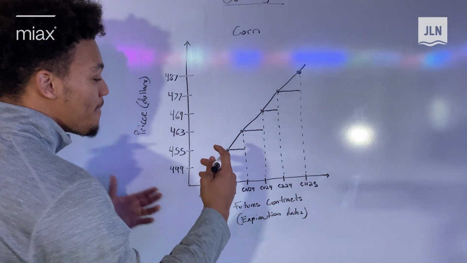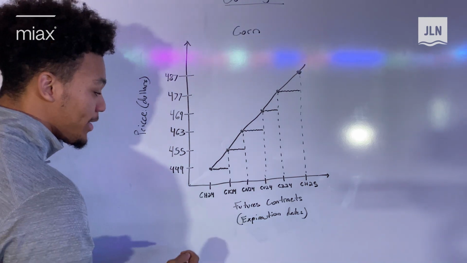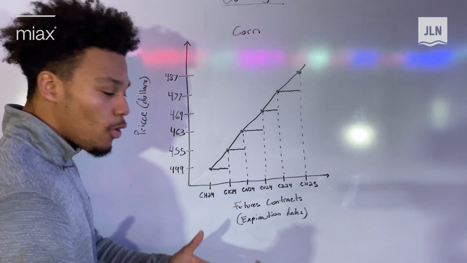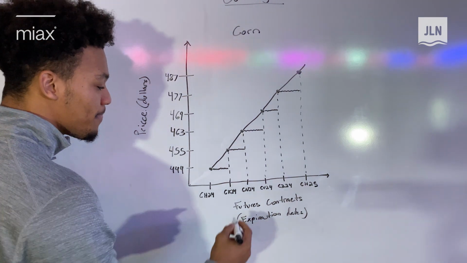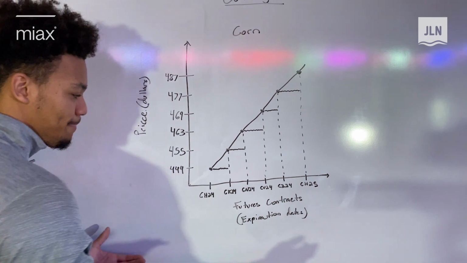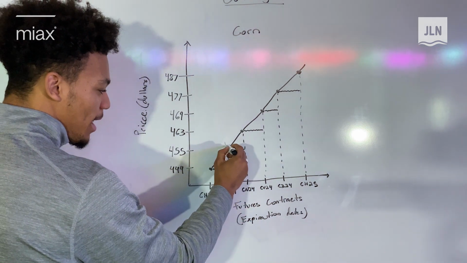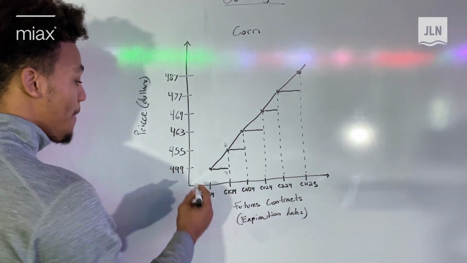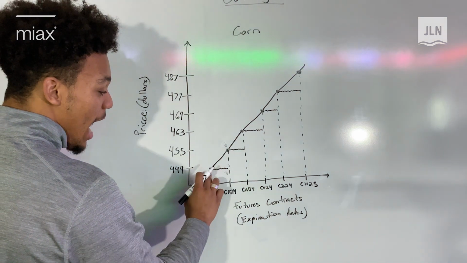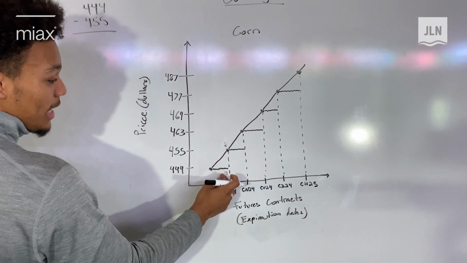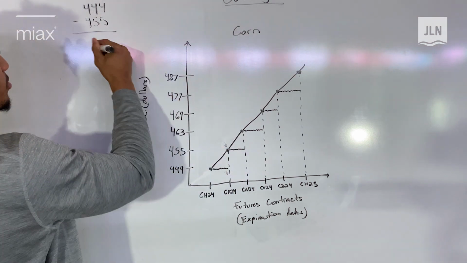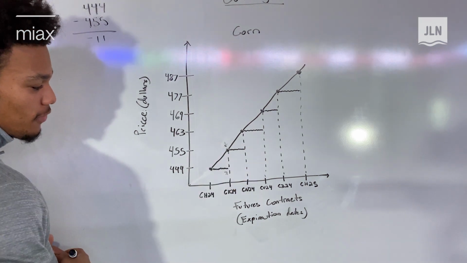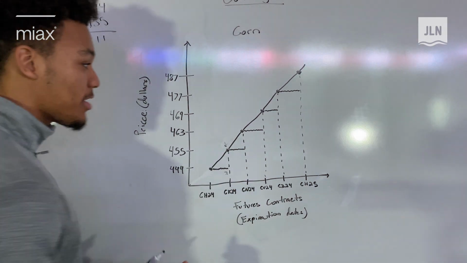So let's start again. Right now, I'm inherently bullish on long corn markets, and I want to stay in the market, but my CH24, my March corn contract, is about to expire. In order to stay in this market, I have to buy here, and I have to sell at this price of $444. So I'm selling low and I'm buying high. In order to get back in this market, I've just lost money. I've just lost $11 by having to roll this contract into the future. And so that's what rolling contracts means.